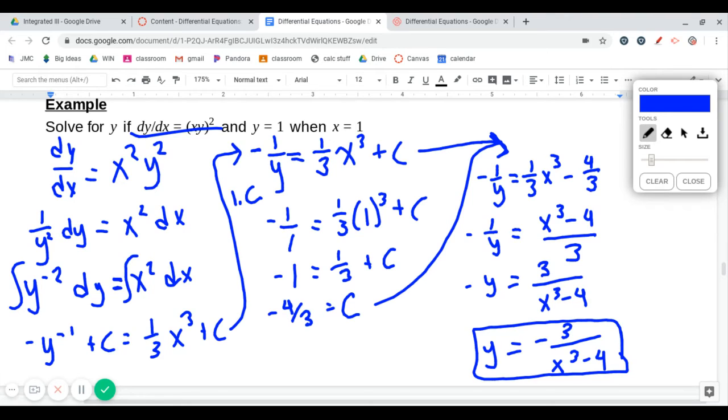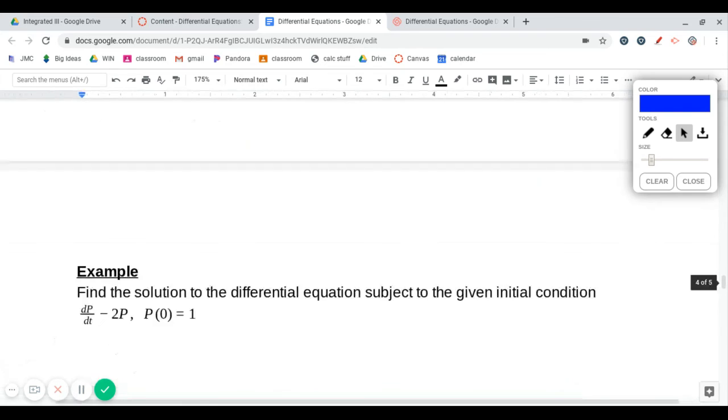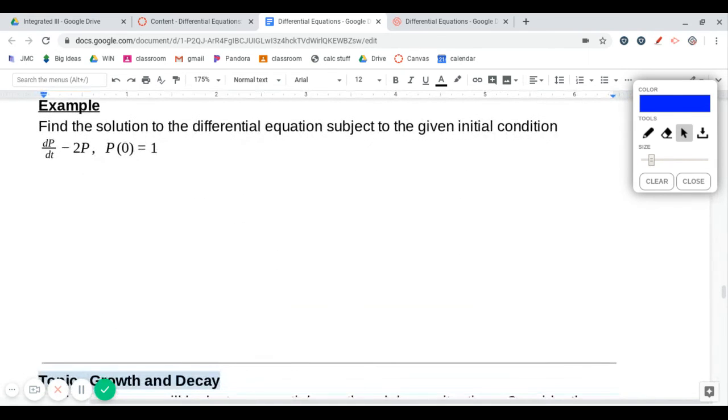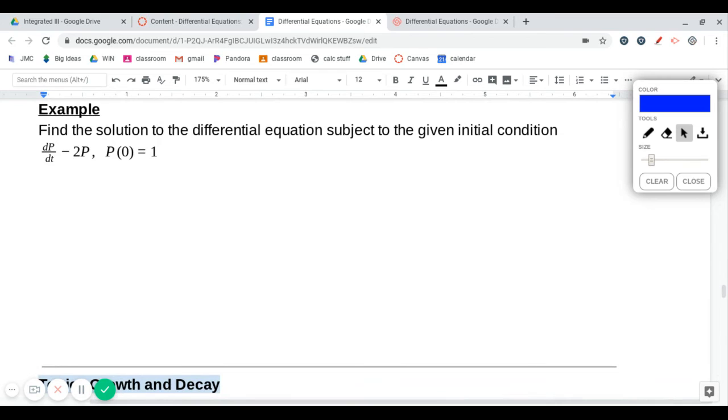Now we'll take a look at one last problem, which is kind of an introduction to population problems that we're going to look at in the next video. So we've got this differential equation dp over dt minus 2p, and this initial condition, p of 0 equals 1. Let's find the solution to this differential equation. So our two variables now are not x and y, but they are p and t. So we need to get all of the p's on one side and all of the